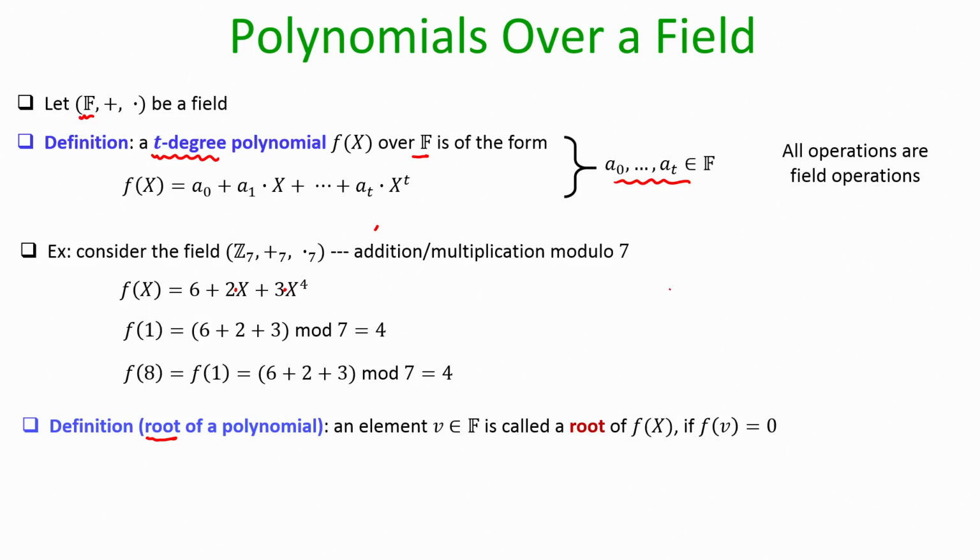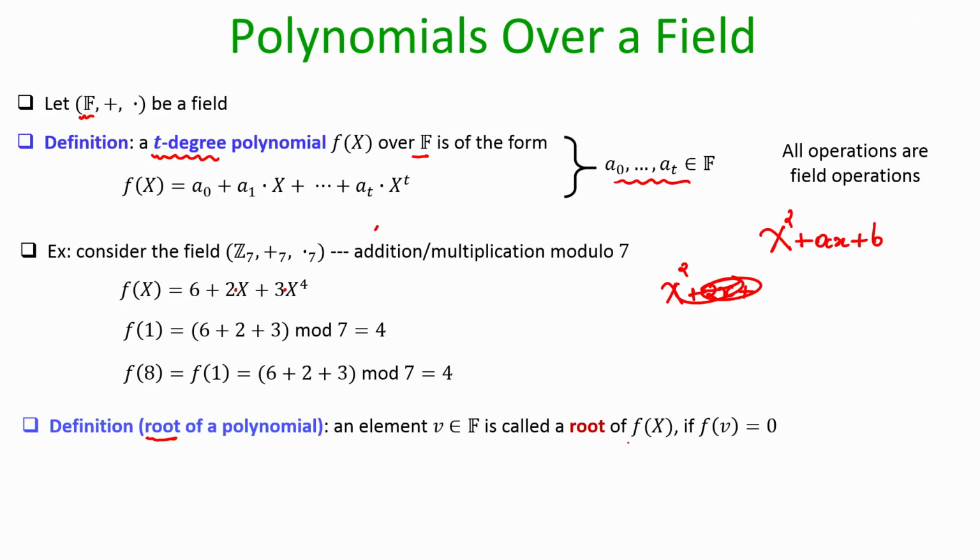So, if we are given an equation, say x square plus 2x plus something, or an arbitrary equation x square plus ax plus b, then we say that c is a root of this equation if I substitute x equal to c and get 0. So, I carry over this definition for polynomials over a field.